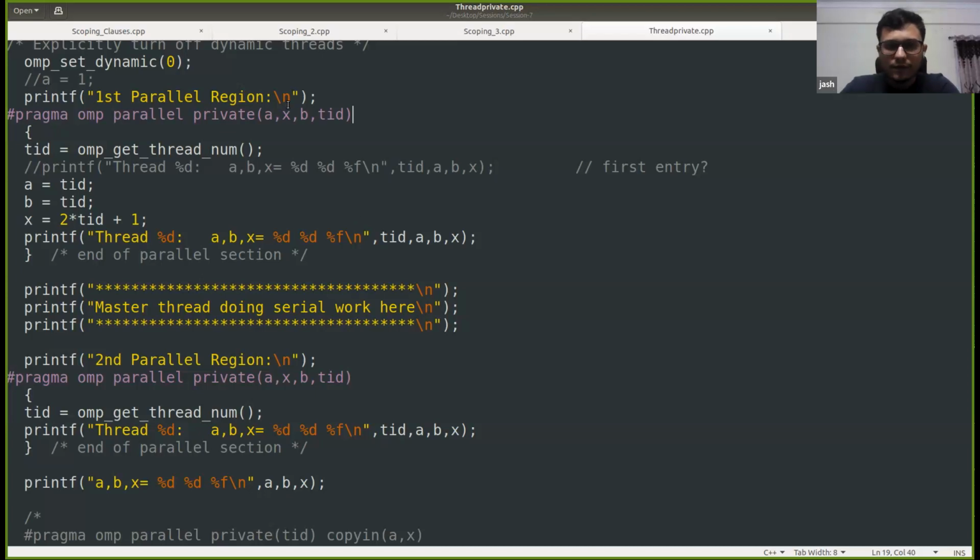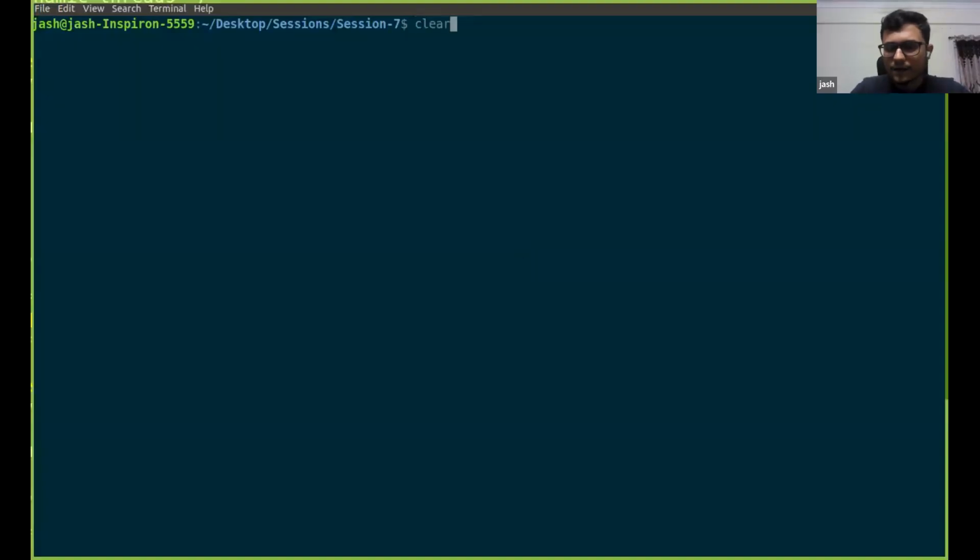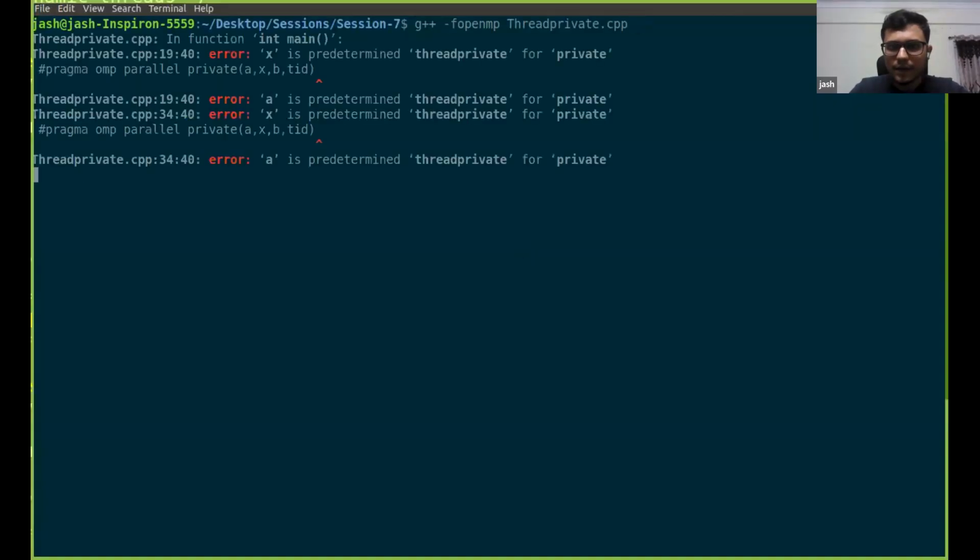Yeah, so okay, let us try to understand this as well. Let me go back to my code screen. Sorry, not code screen, this console screen. Let us try compiling this. Yeah, so as people suggested, it is not allowing me to compile, and the reason is that